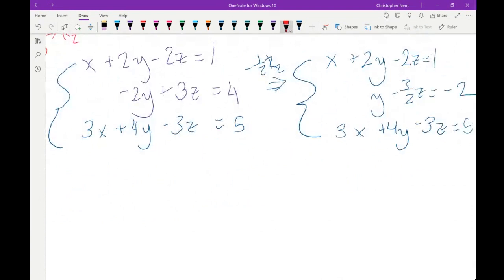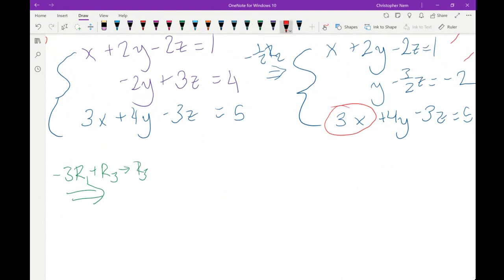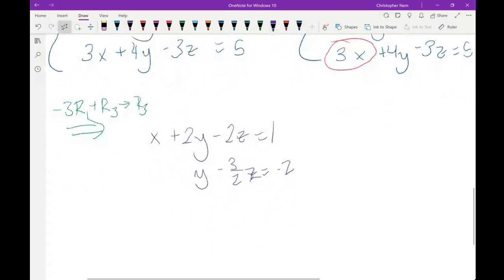And then I need to get rid of this x term. This is good. This is good. This x term I don't like. So I'm going to get rid of that. I'm going to add -3 of row 1 plus row 3, send that to row 3. So in doing so, I will have x, z equals -2. Then a third row,